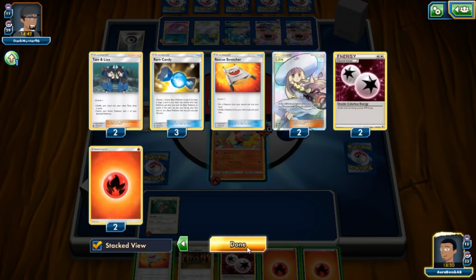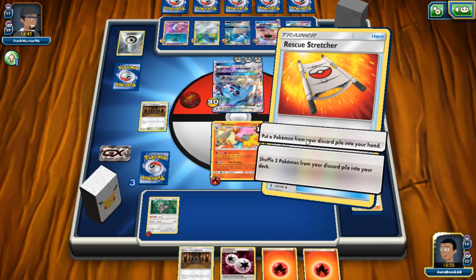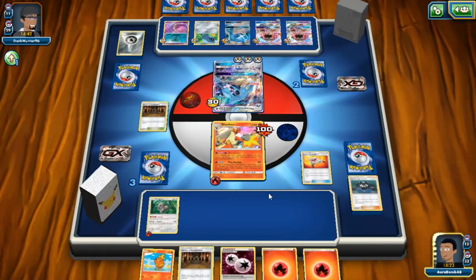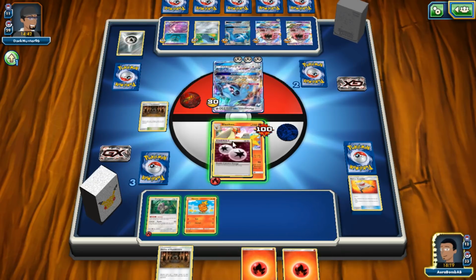I wish I could look through my deck again. So we just grab a Torchic here, and then hopefully we can get ourselves a Rare Candy. I'm just gonna grab Torchic, because we should have another Blaziken in the deck, so